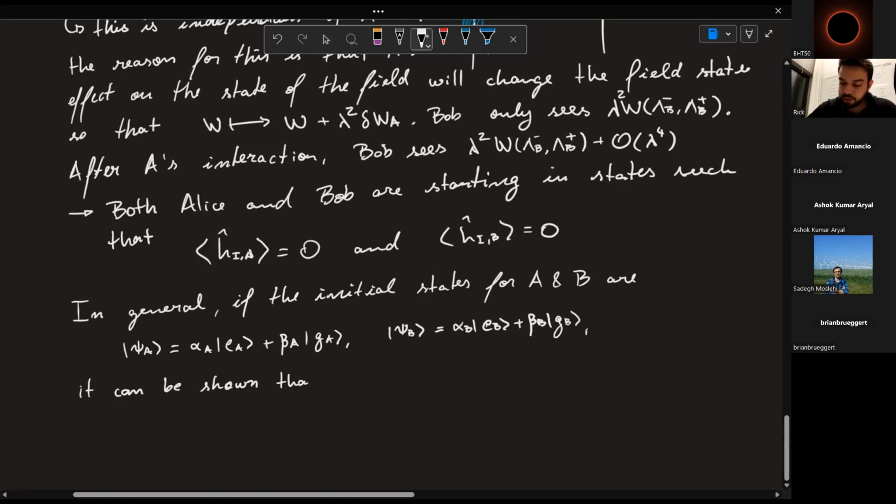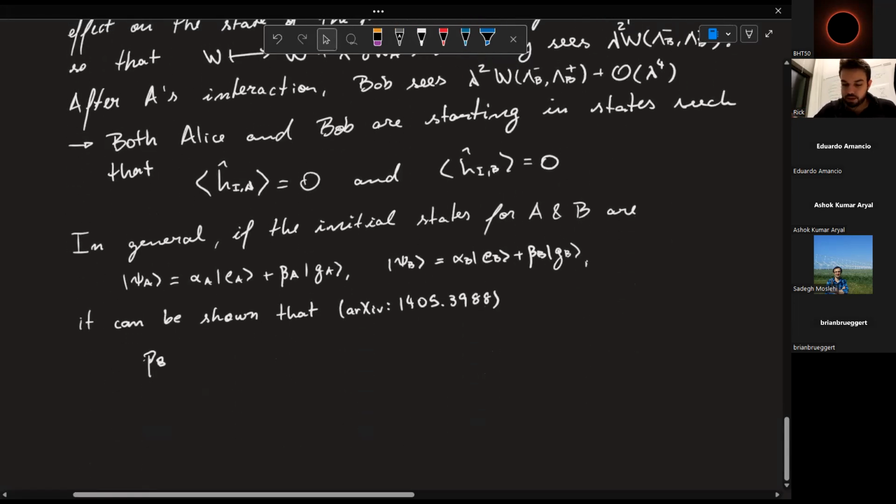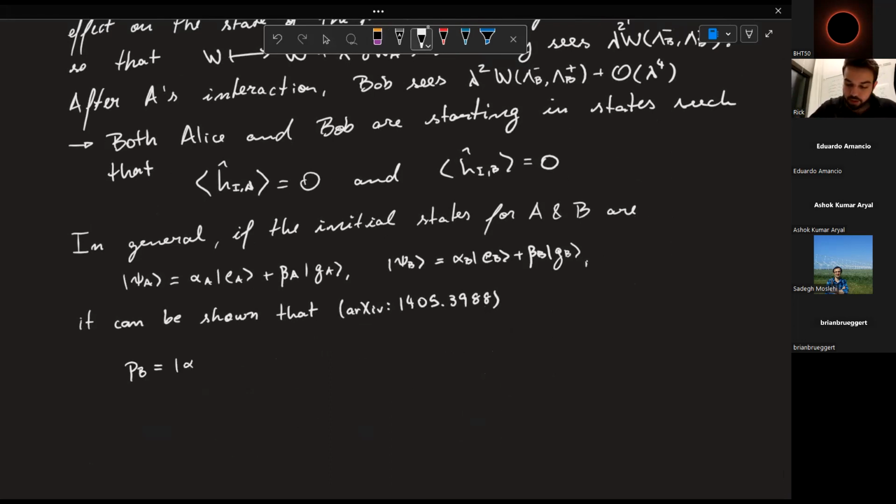It can be shown, if you go to the arXiv 1405.3988, that the state probability PB is given by alpha B squared, which is the excitation probability, the order 0 term, plus an RB, which is a term that only depends on B, and an SAB, where the SAB is given by